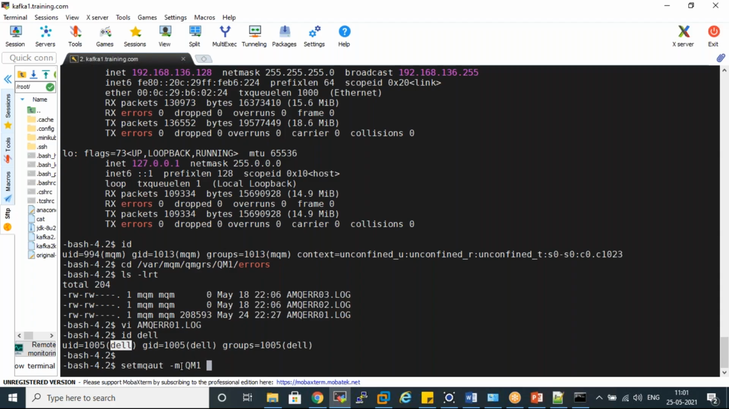We have to use another flag called -t, which means the type of object. Here QM1 is what type of object? It's a queue manager type of object. So for -t, we give qmgr. It means now we are setting the authorization on a queue manager called QM1, which is of type qmgr, and then